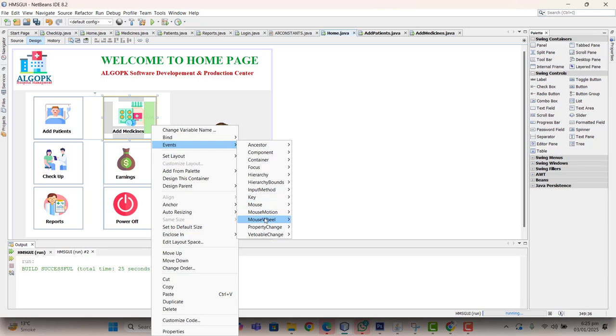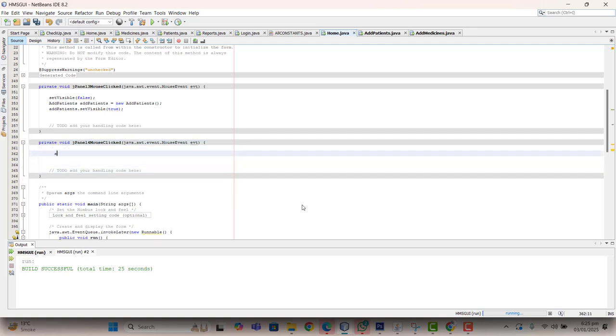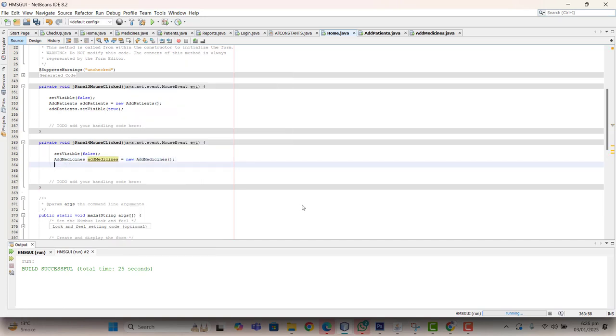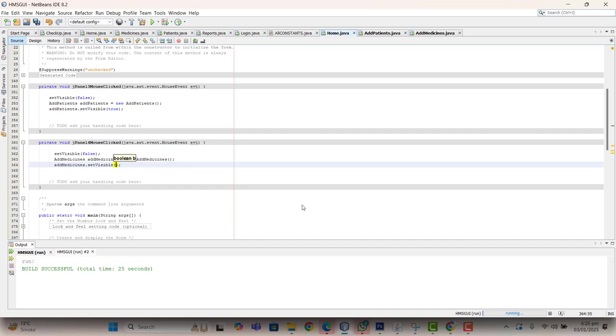So events, mouse, mouse clicked, set visible false, and then add medicine, which is equal to new of add medicines, and add medicines dot set visible, which is equal to true. Make it true. Now when I run this one, you can see